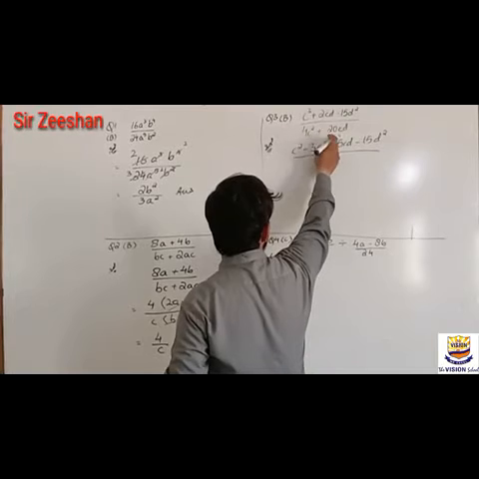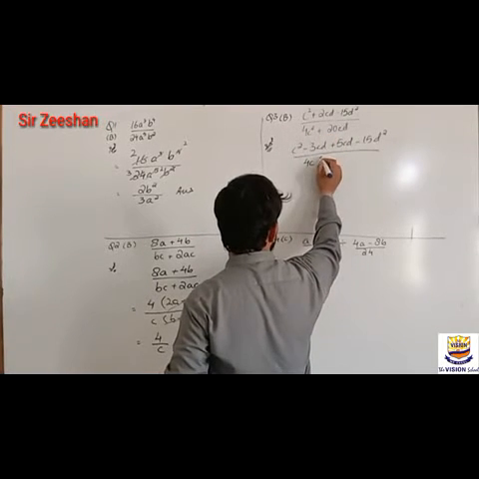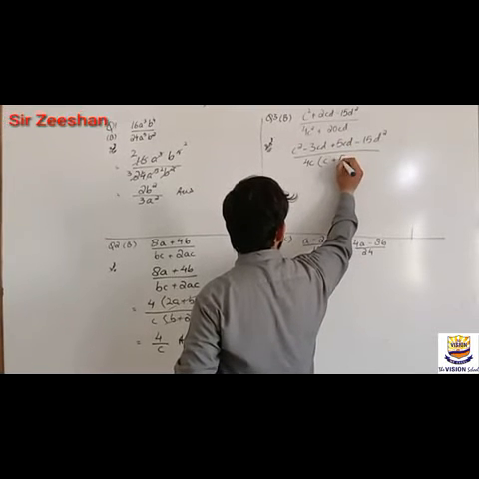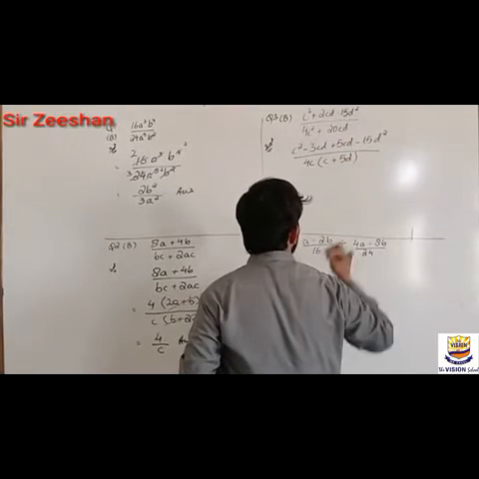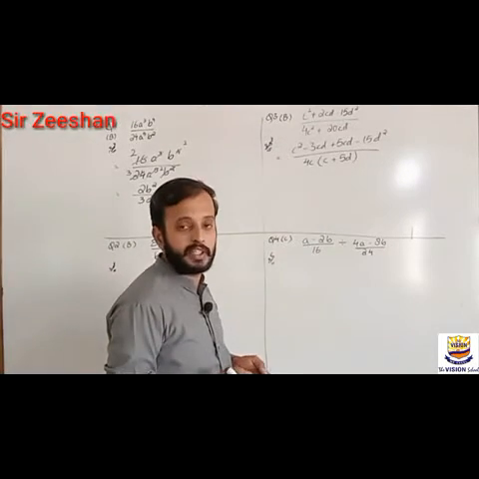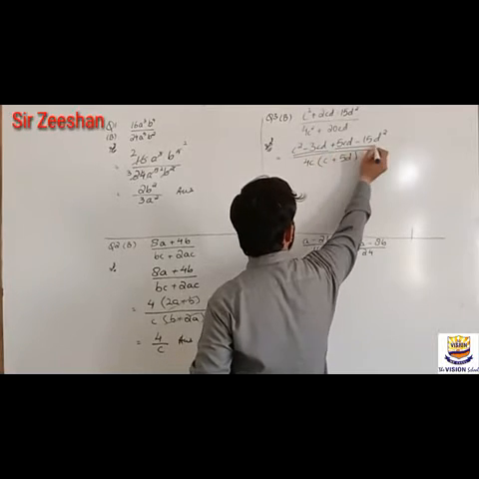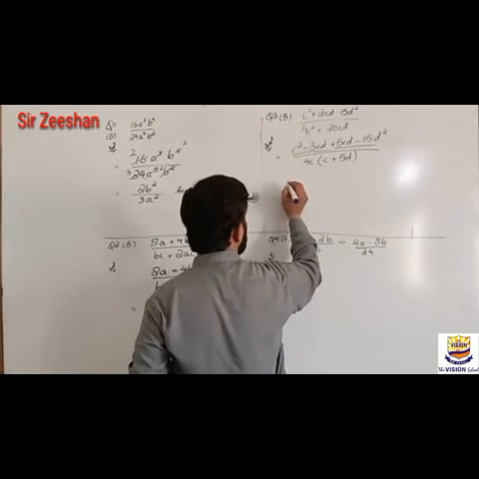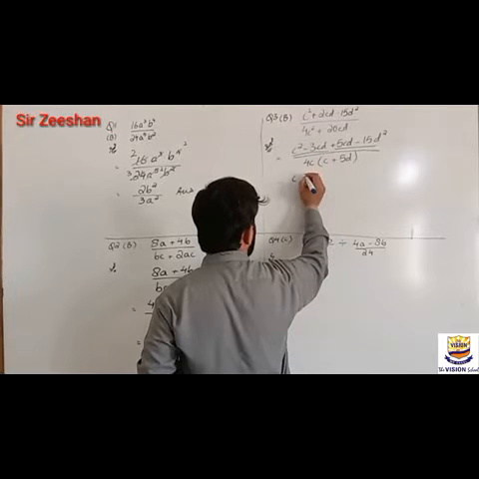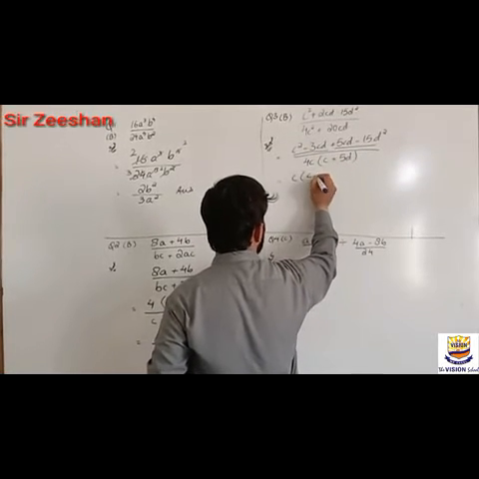We'll take common here. What is common between these two? That is 4c. Okay, so only c remains here, and that side will be 5d. Okay, as you know, after breaking the middle term, we take common in pairs. So let's take common from pairs. What is common between these two? That is c. So after taking c, what is remaining inside? That is c minus 3d.